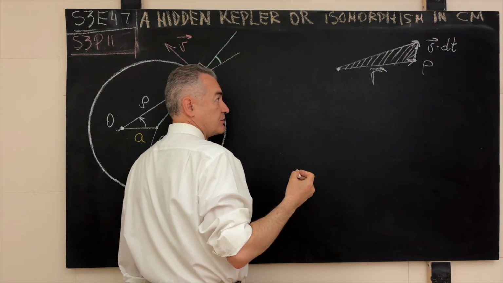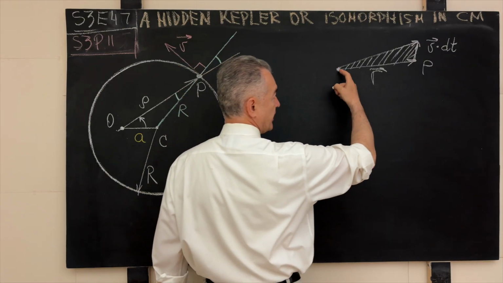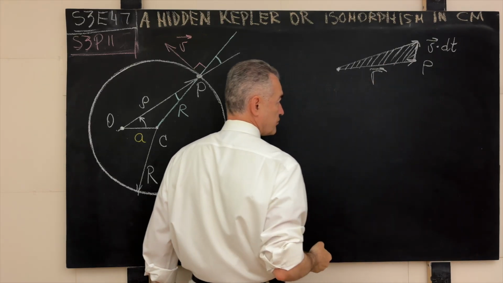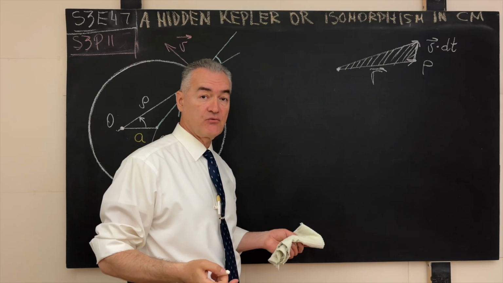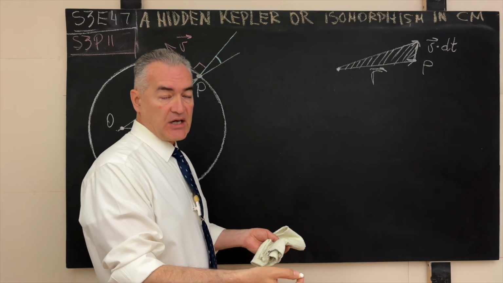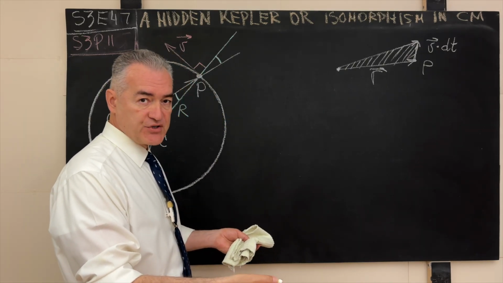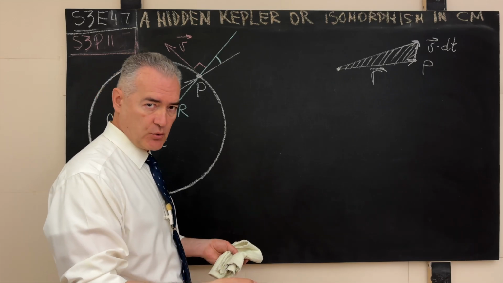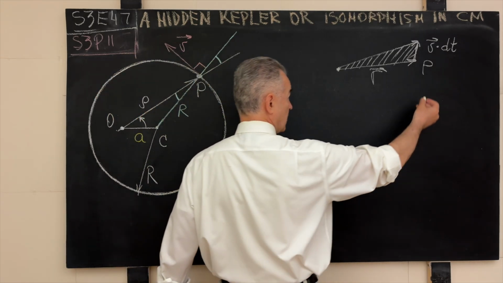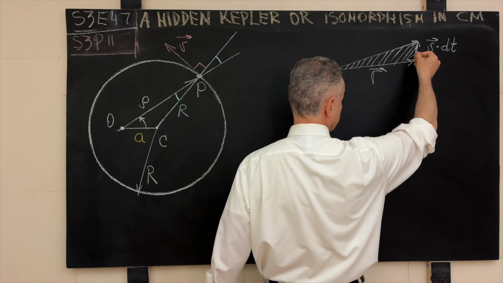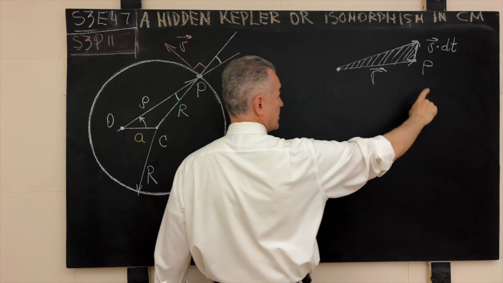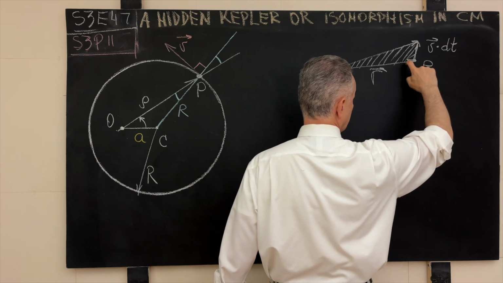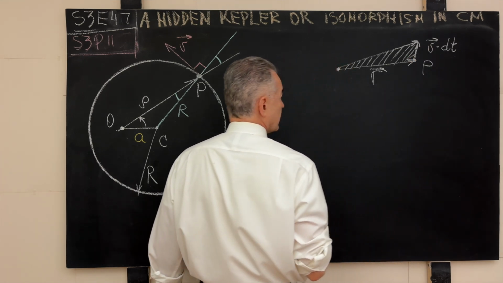And in the classical Euclidean geometry, what is the area of this triangle? Well, one of the popular formulas says that the area of such a triangle will be the half product of the lengths of the sides times what? Times the value of the trigonometric function of sine evaluated at the angle between the velocity on one side and the other side. So in this case, we measure the angle between the radius vector and the velocity, and we